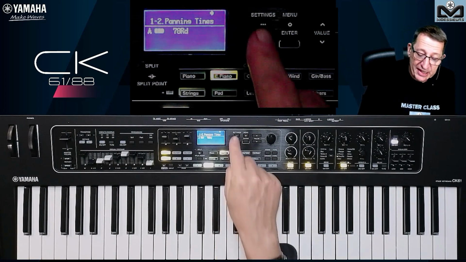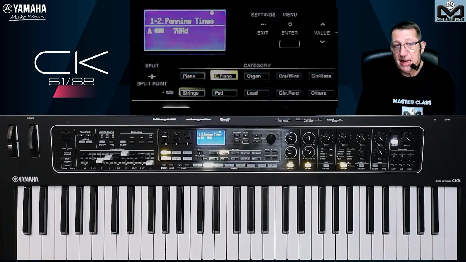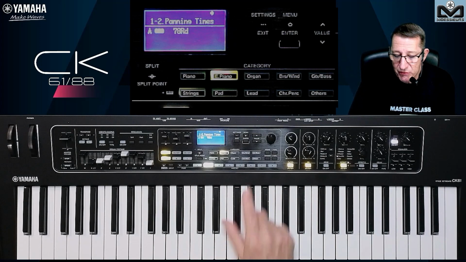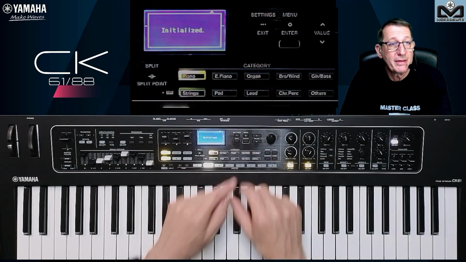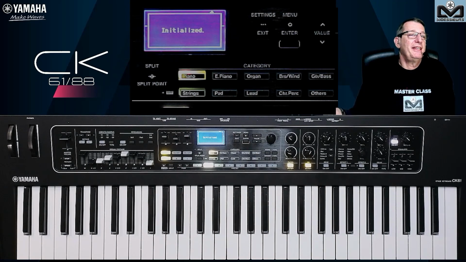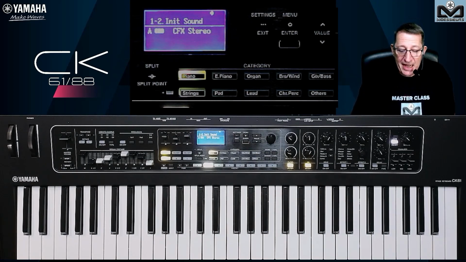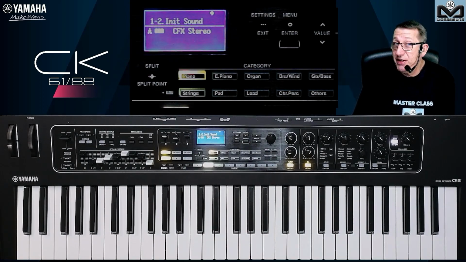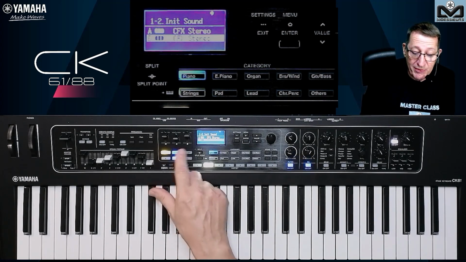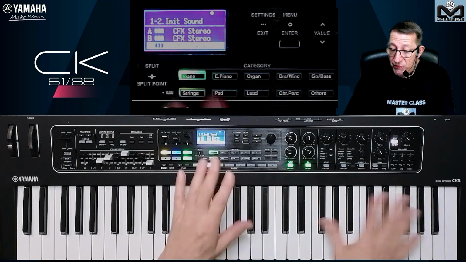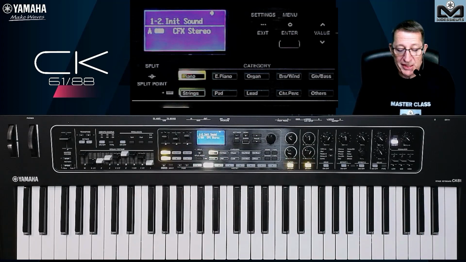Do you need to go to the settings and search how to initialize the live set? No, we have a great shortcut for you. Press at the same time Enter and Settings. Just like this, it's initialized. There is no way to have anything left inside. So the first voice will always be the suffix, but we will have the three parts and you have nothing in the effects, always on zero.